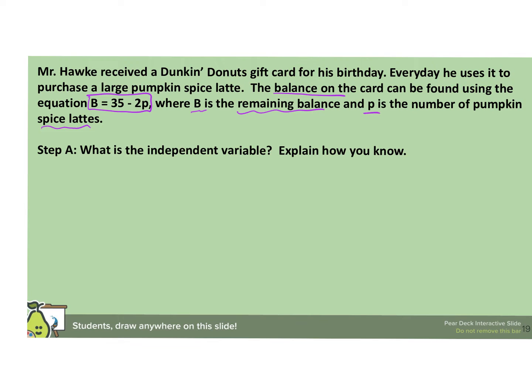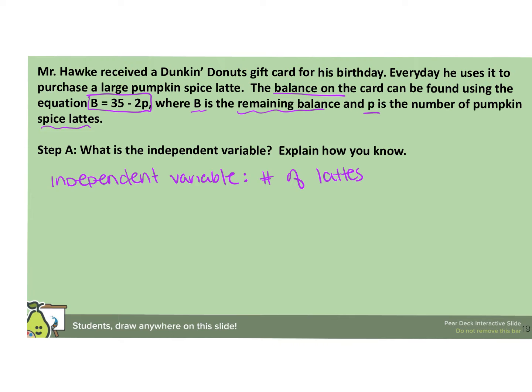What's independent, and how do you know? We're going to do both. It should say independent and dependent. So, independent variable. Independent, I-N-D. Okay, the independent variable. What is he in control of here? Is he in control of how much money is left on the card, or is he in control of the number of lattes that he buys? He controls the number of lattes. He goes in and he says, I want 1 latte or I want 2 lattes. He doesn't go in and say, I need $8 left on my card. That wouldn't make sense to anybody. So number of lattes